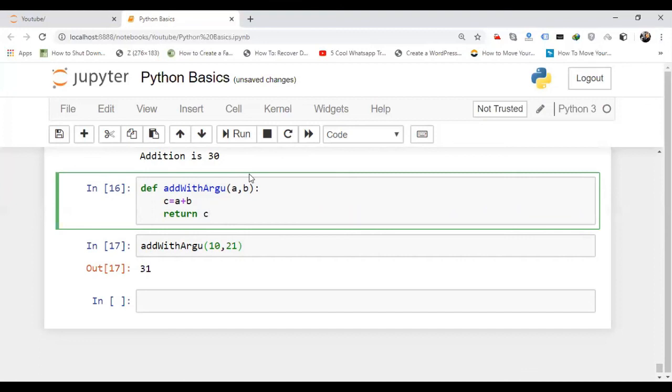Now in the next video, I will start the web scraping. The basic things that you require about Python, that is over. So how do you do web scraping and what is web scraping, I will tell you in the next video.